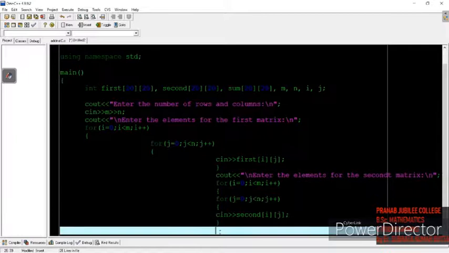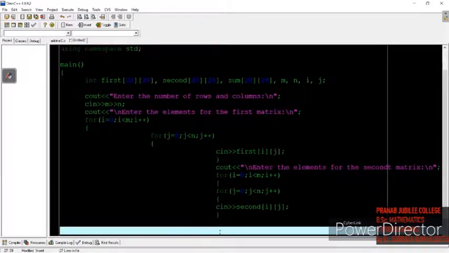Now elements have been entered in both arrays, so I can display both in matrix form. Let's display it: cout, the first matrix is.